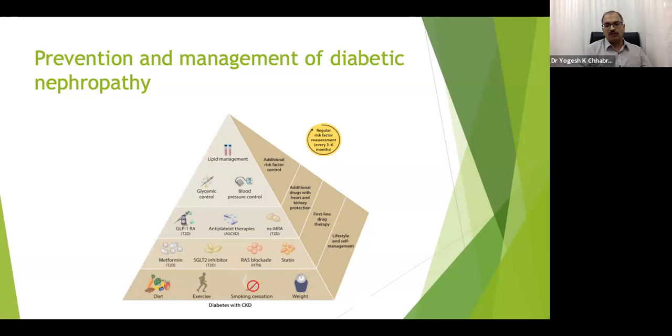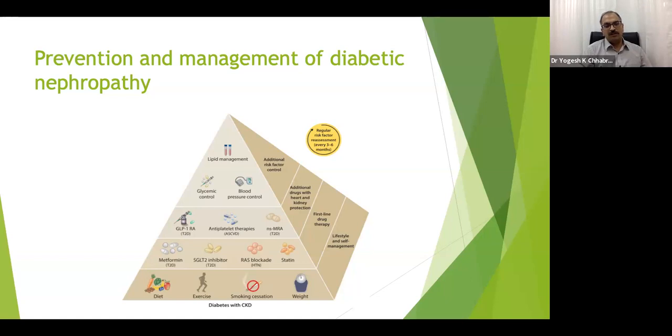If we are talking about the choices of drugs which can help us prevent diabetic nephropathy, SGLT2 inhibitors and RAS inhibitors are wonderful drugs which are now present in our armamentarium to give us an edge and a good potential to prevent diabetic nephropathy. Metformin should be introduced early to control the blood sugars along with the SGLT2 inhibitor, and a statin should also be given as per the guidelines, if it is required.